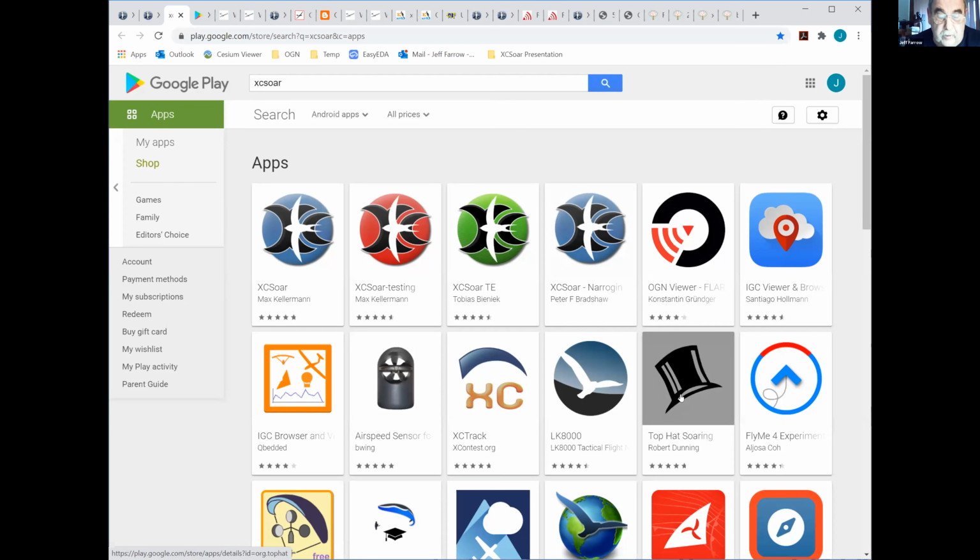Top Hat Soaring is Rob Dunning's version of XCSoar, and it has a supposedly simpler interface. He's changed the interface to make it look a little bit easier. It self-configures a bit. If you tell it which country you're in, then it'll get rid of the rules that aren't necessary for you and set up the units and things like that.